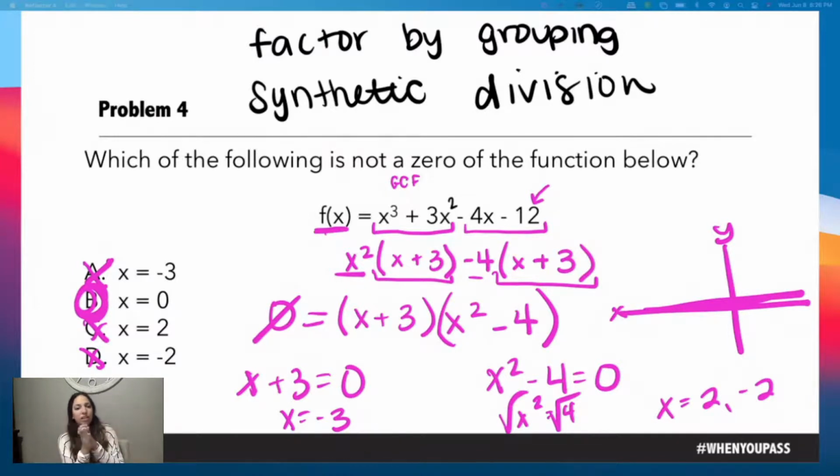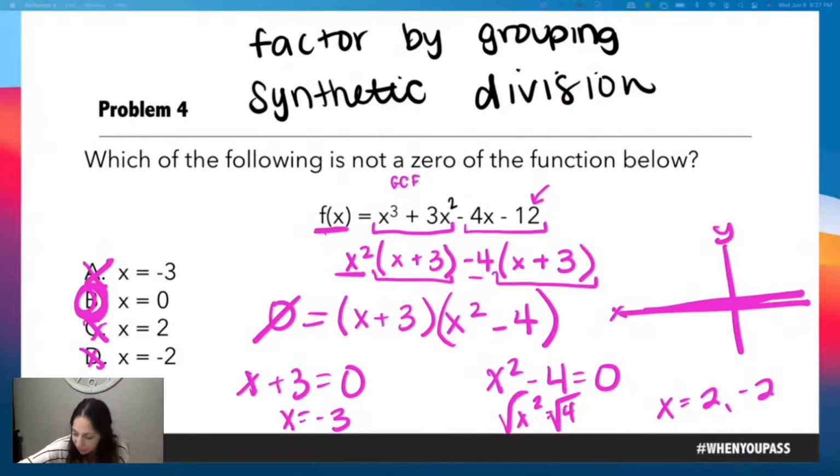Now, I just factored that by grouping. I can also use synthetic division. I'm going to come back to that because I don't want to spend the entire session talking about something that not everybody can benefit from. If I have time at the end, I will show how to do synthetic division. If not, I will do this exact same problem next week using synthetic division because I want you to see how to do both.